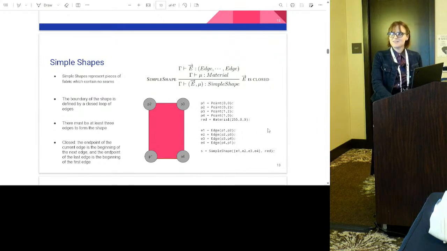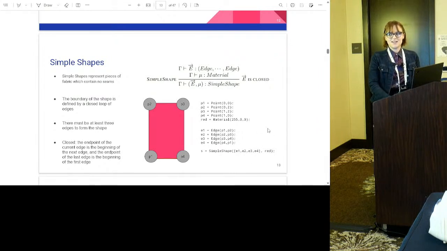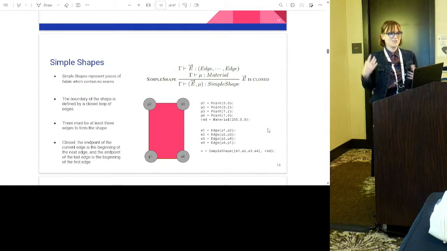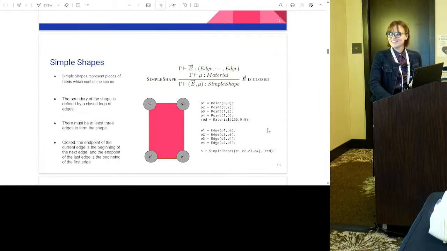The requirements of being a shape are that we have to have at least 3 edges. You can't have a 2-edge shape. That doesn't make any sense. And you also have to be closed in the sense that you don't have any gaps in your edges. It's like the Jordan curve proof, where obviously it has to be a shape with a boundary. So that's cool.